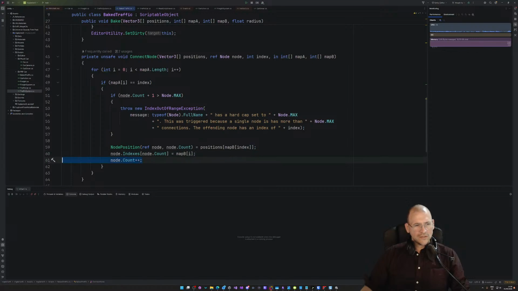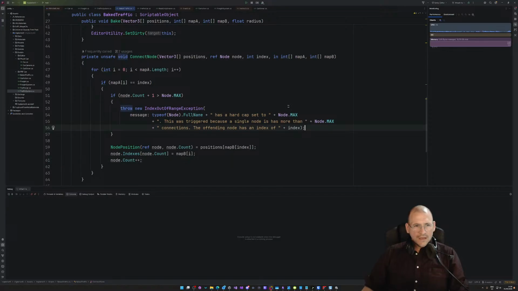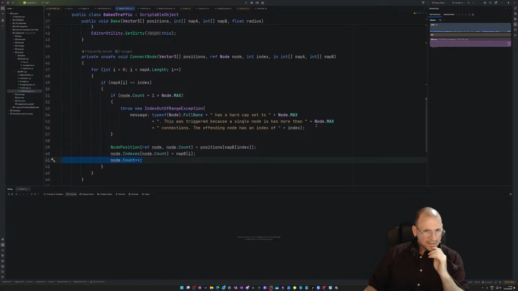Okay, so we also increase the count when we do that. Oh, but it's only one way, because the designer tool, we should only end up with one connection for each one. For every two nodes that are connected, we should only have one connection line. So that's fine. That's not a problem. The count won't go beyond what I was expecting. All right, index out of range. No, this is node. Then in this one, we're trying to take the indices. We're trying to take the count of this and set it to map B. Now, indexes,